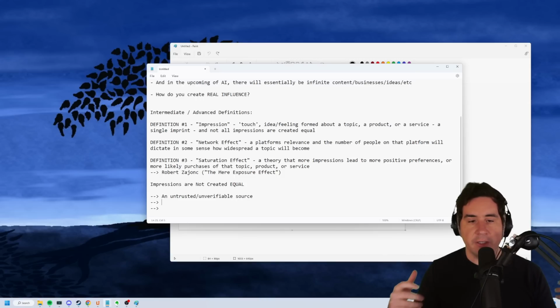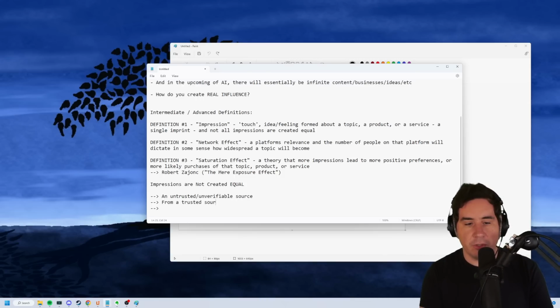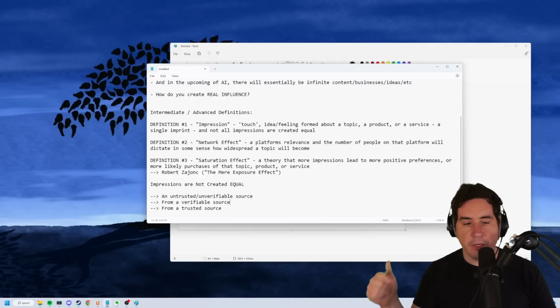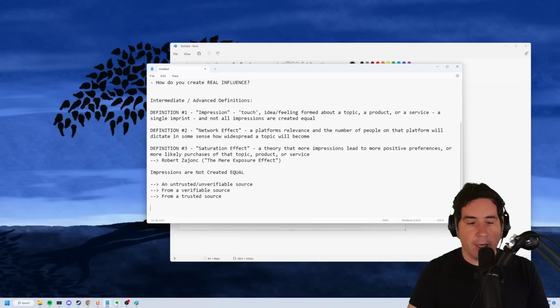You're not likely to trust that impression as much as you are the next impression, which is from a trusted source. Meaning, I trust this person. Sorry, that's actually number 3, because the next one is from a verifiable source. You do not personally relate to this person, know them, or like them, but you can verify that they are a person of authority. Maybe you're trying to research new viruses and you're talking to a virologist and you know that this person is a verifiable source. Great. That is a higher quality impression. Oftentimes that's enough to make people believe basically anything, actually. You can kind of just stop there.